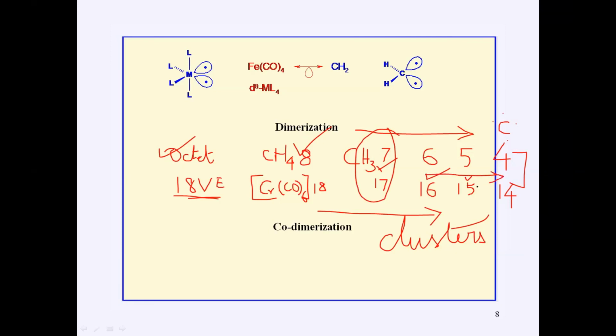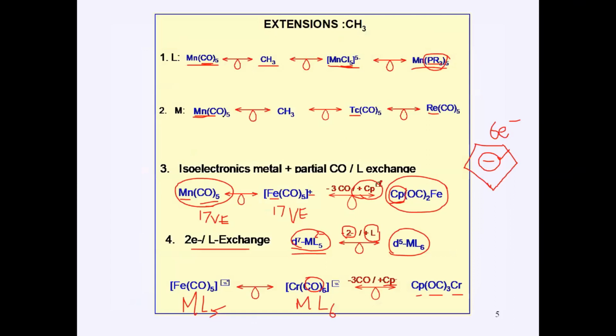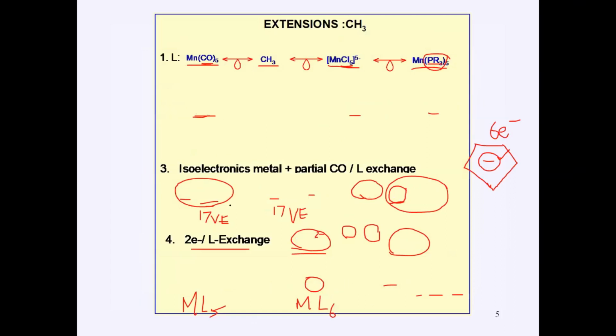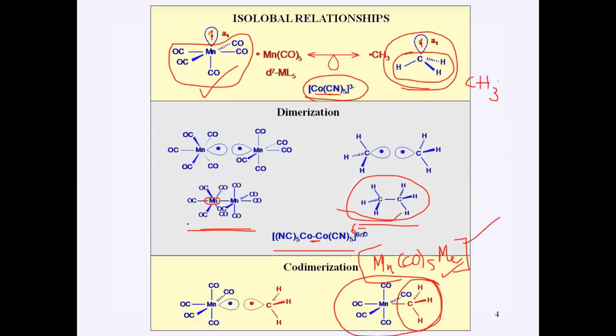When you move further down this way, this can form compounds like this, and if you go to 5-4, this will tend to form clusters. Okay, actually the electron deficiency in the fragments makes them join together to form a cluster. Once they form the cluster, they have a filled configuration. You got it? For example, I'll go back. I told you this is an isolobal fragment. This is just an isolobal fragment which has electron deficiency, but once it forms this dimer, now